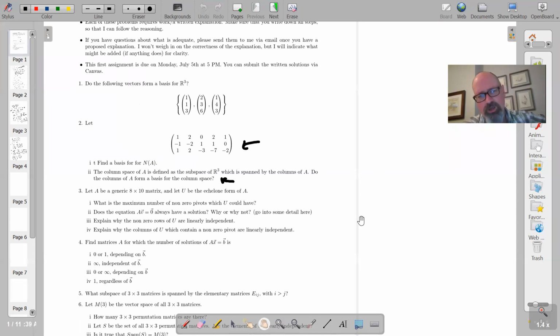A little bit about 4. People, I think, kind of got the idea of it. Just be careful about what you write. On 4, what I was after is just some set of examples. So you don't really have to invoke anything which might be thought of as a set of general principles, I guess. But you could. And maybe you should on your own, because if you have an example, you probably have a pretty good idea of what general principles are at work. But examples are good.